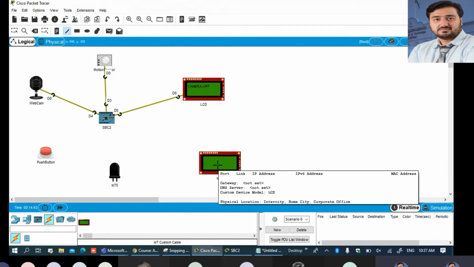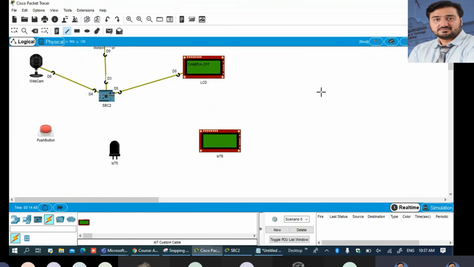Okay, now we are going to write a simple program. Now you need to tell me, what can be the input port and what can be the output port? Just tell me. Okay, so here we need to connect this one, the push button. The push button we can connect with, take the cable.